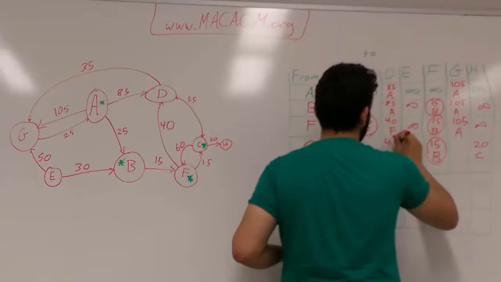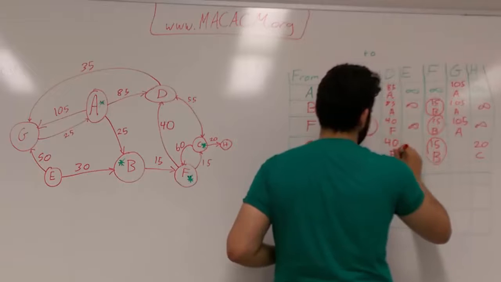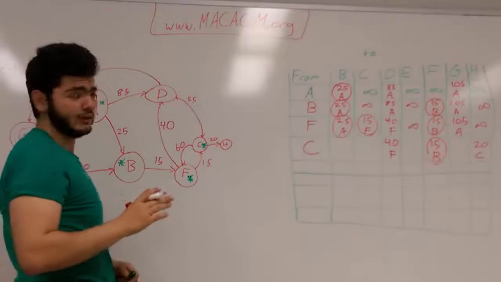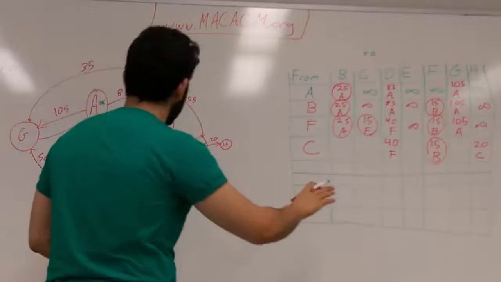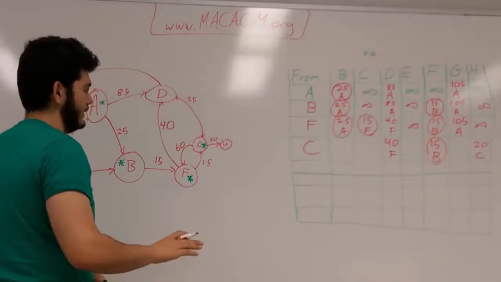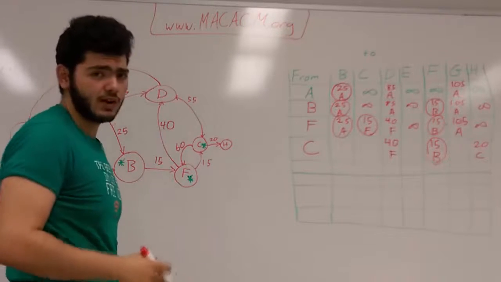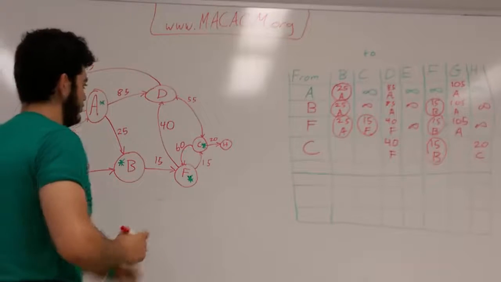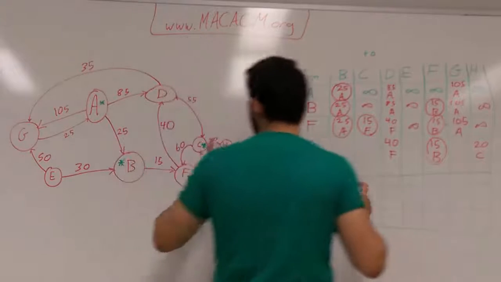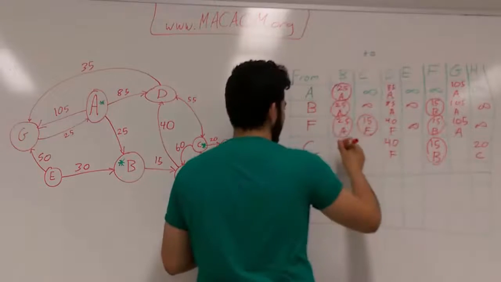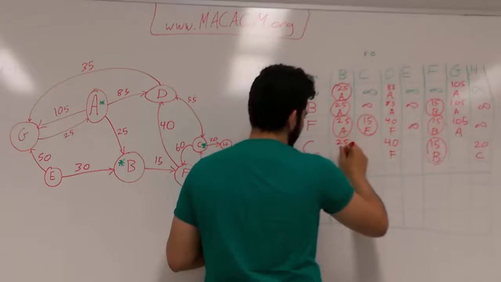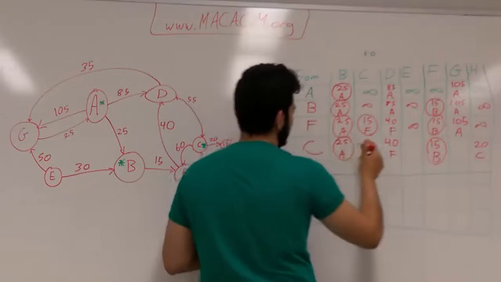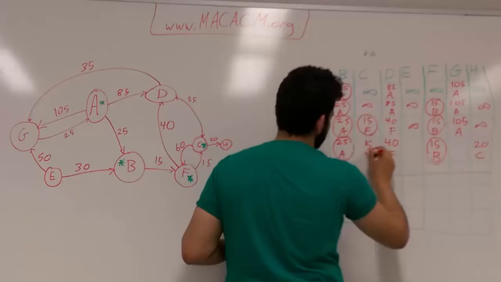We can get to E from F using 40 points, and that's pretty much the best deal we've got till now. So I'll just keep it as it is. I'll not overwrite anything, since the new road I discovered is more expensive. We can visit no more nodes from C, so I'll just copy down the values we previously acquired from other nodes. Remember, we visited B, we visited C,